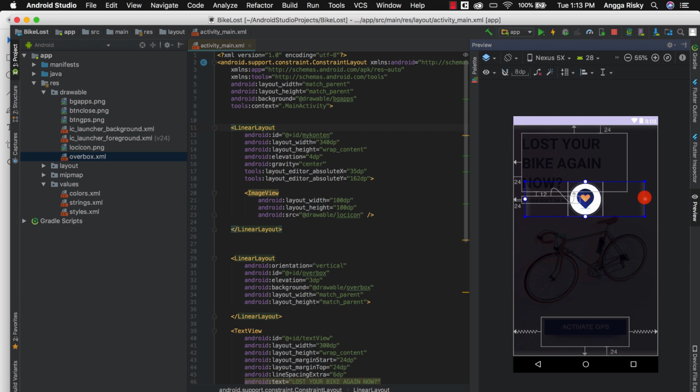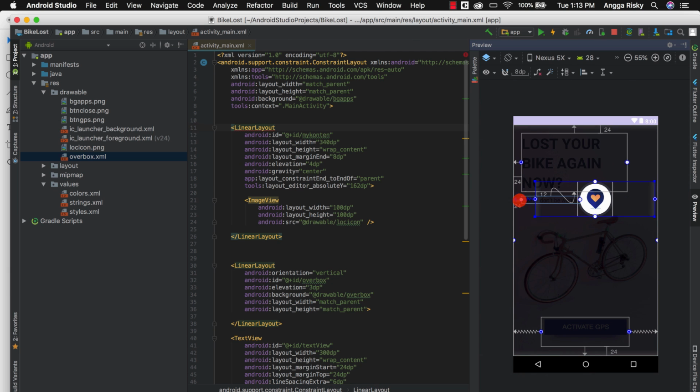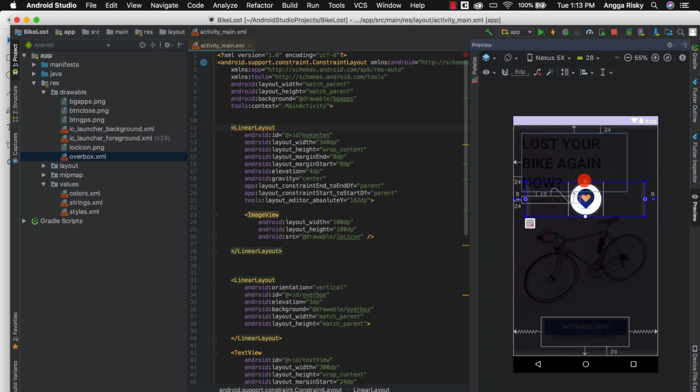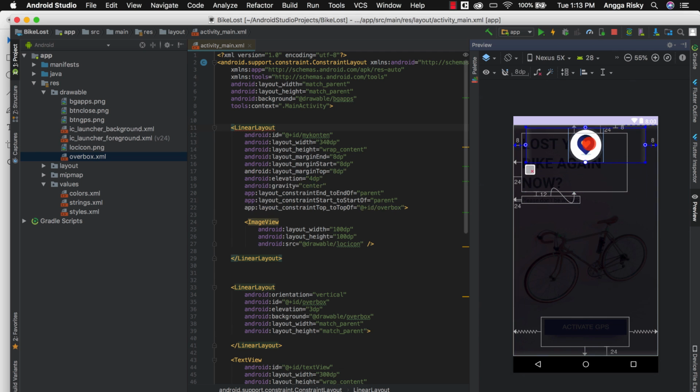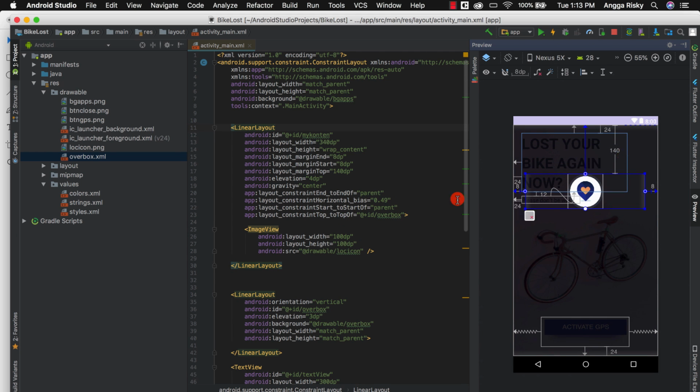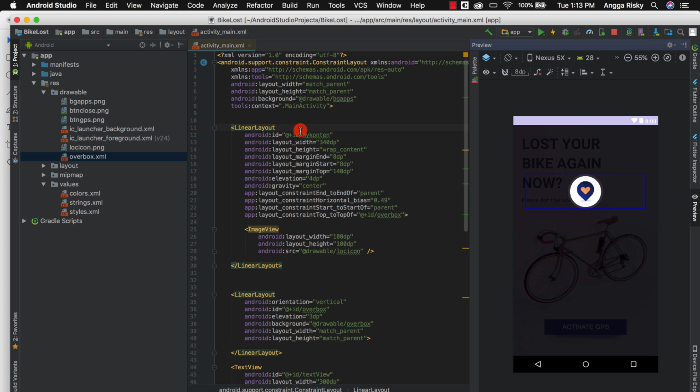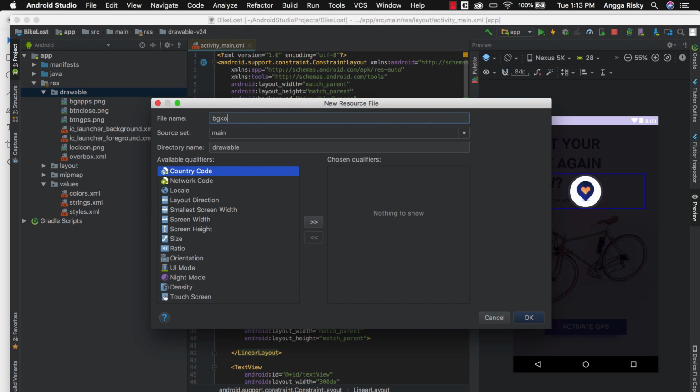Okay, and then you can set left and right, and then top. Yeah, that's all you have to set. So just leave it first, and actually we need the background, so we have to make our background here with the drawable background content.